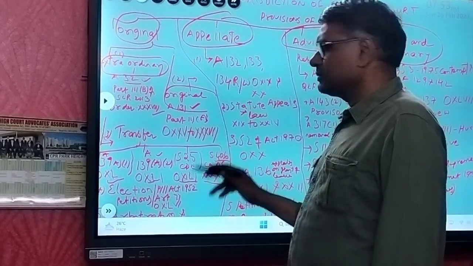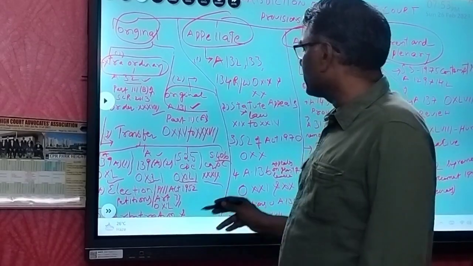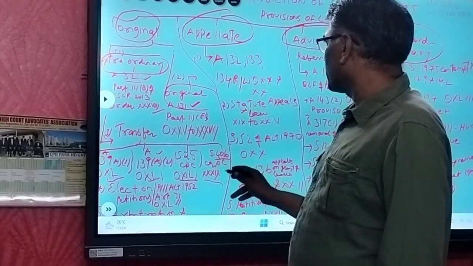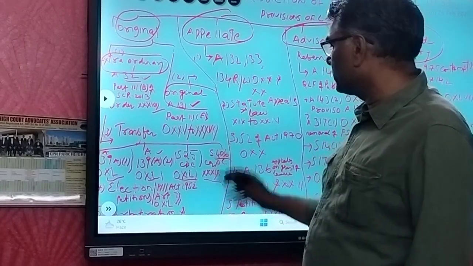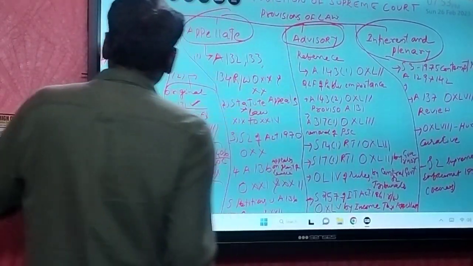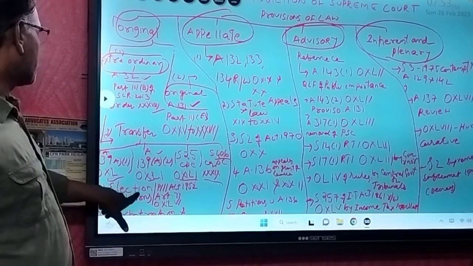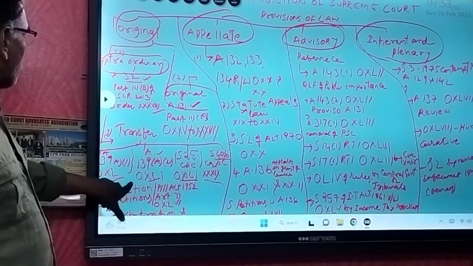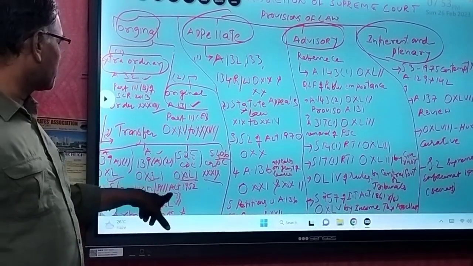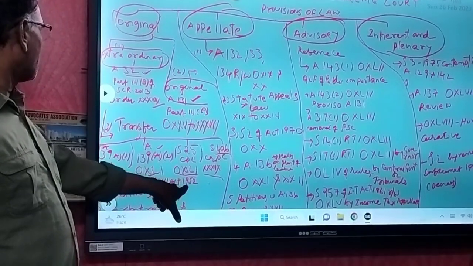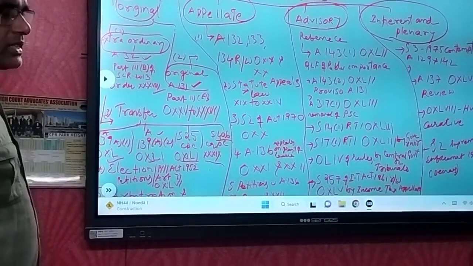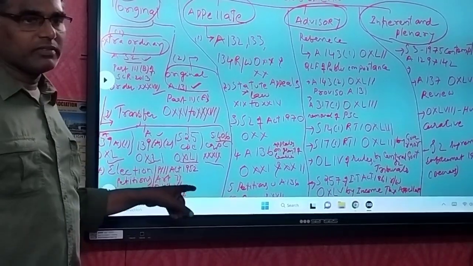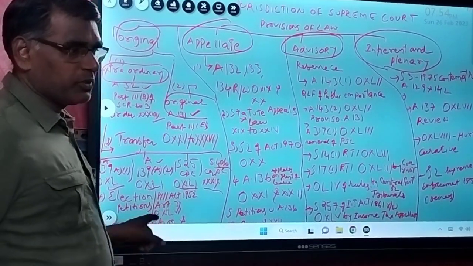So all transfer petitions can be dealt with under Section 406 of CrPC along with Order 39. This is one. Next, another one is election petition. There is one act, we know, the President and Vice President Elections Act, 1952. Under this act, if any election of the President or Vice President is in dispute,